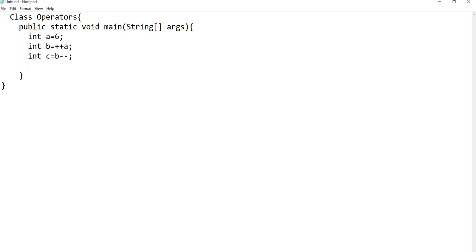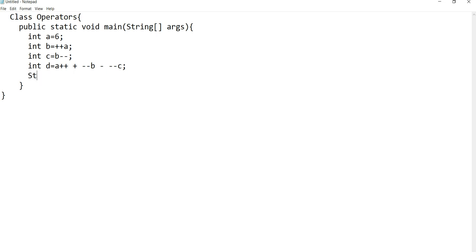Then one more, int d equal to a post-increment, plus pre-decrement of b, and again minus pre-decrement of c. Then we'll see what the output of this program is.